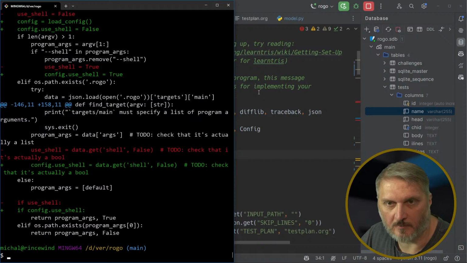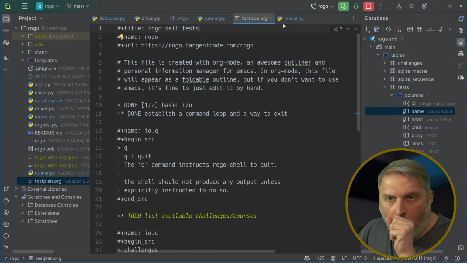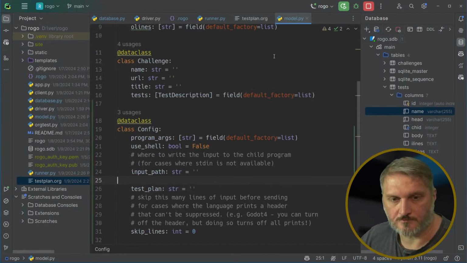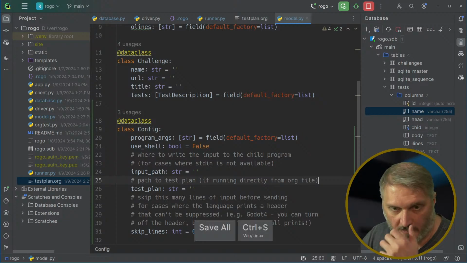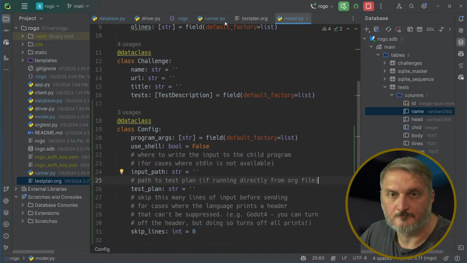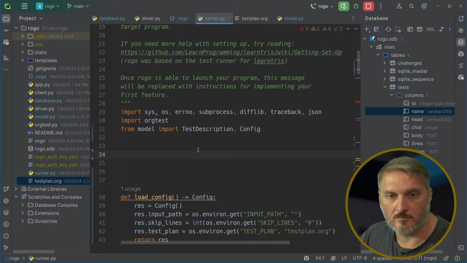There was no comment for that thing. Path to test plan if running directly from an org file. Okay, so now